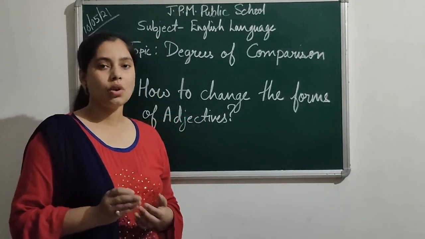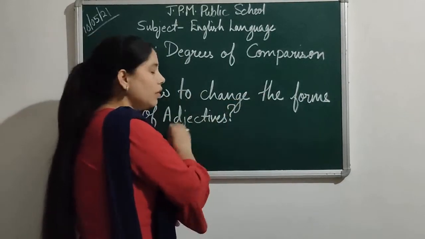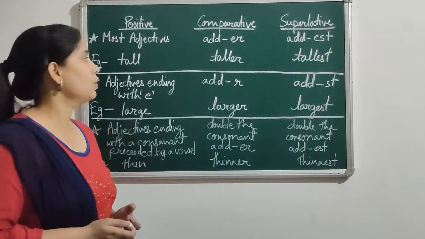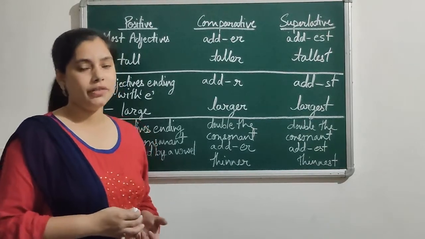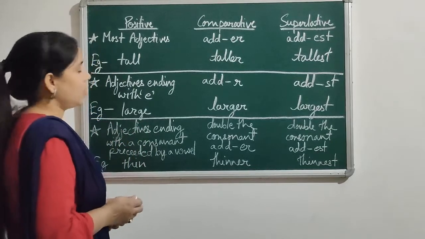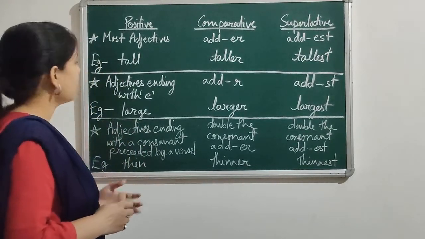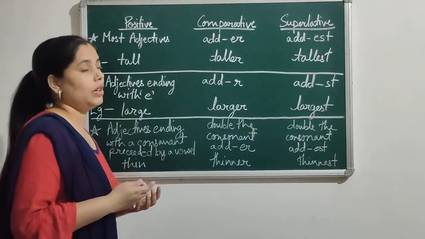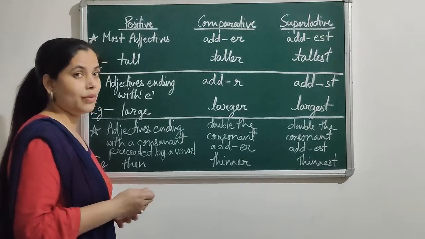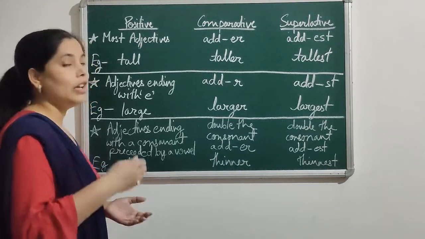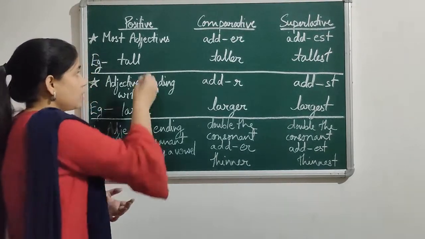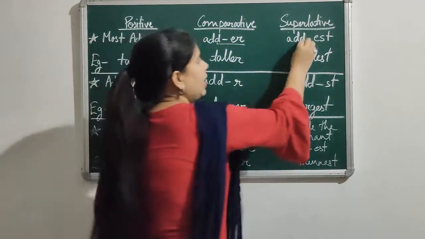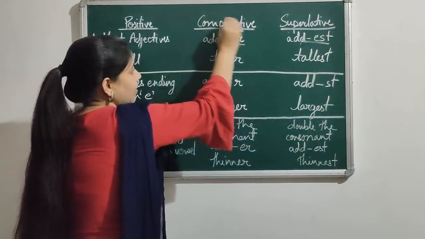Now we are going to talk about how to change the forms of adjectives. Now I will tell you how to form the comparative and superlative degree of the adjectives. First way is, most adjectives, whenever we use in the comparative and superlative degrees, we form the comparative and superlative degrees, and in most of the adjectives we add er and est to form the comparative and superlative